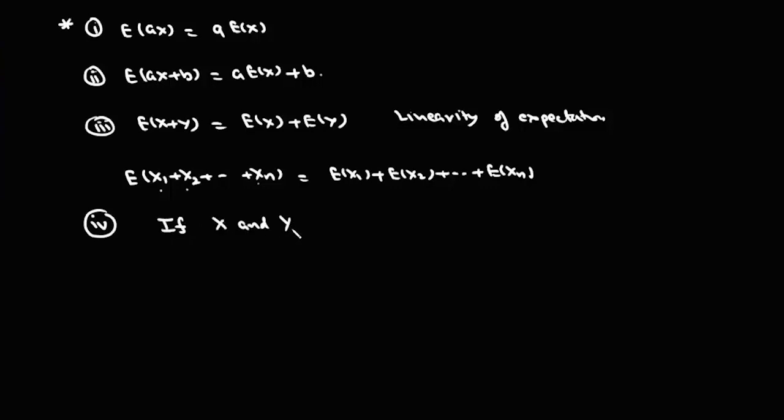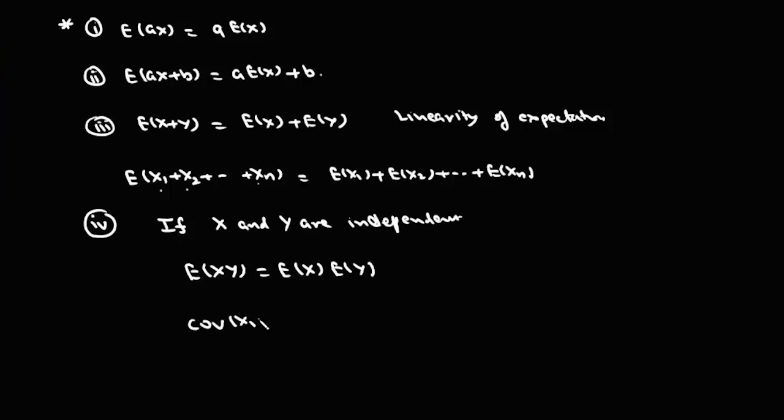तो अगर x और y इंडिपेंडेंट है तो हम लिख सकते हैं एक्सपेक्टेशन ऑफ x इंटू y ये बराबर होगा एक्सपेक्टेशन ऑफ x इंटू एक्सपेक्टेशन ऑफ y के. और क्योंकि कोवेरियंस ऑफ x y बराबर होता है एक्सपेक्टेशन ऑफ x y माइनस एक्सपेक्टेशन ऑफ x इंटू एक्सपेक्टेशन ऑफ y, तो इनका जो कोवेरियंस है वो आपका 0 के बराबर आएगा।